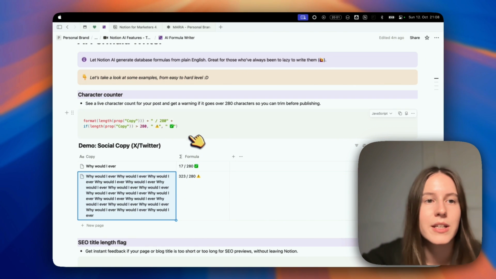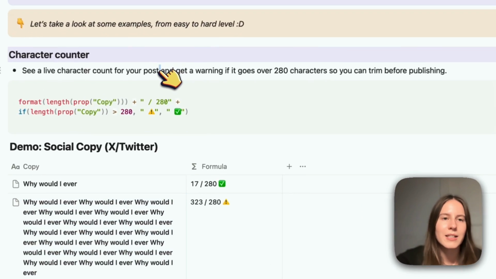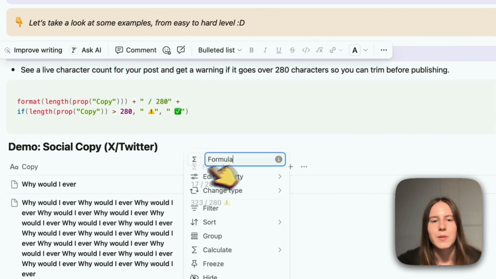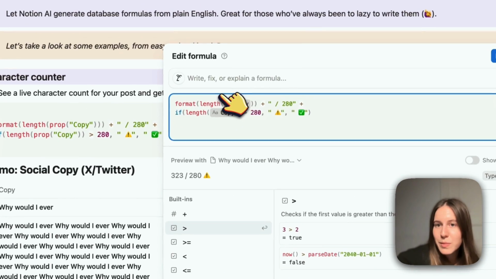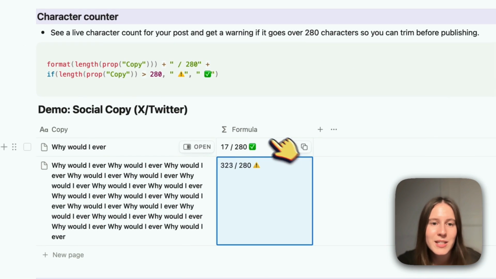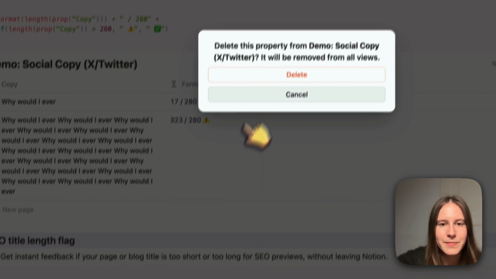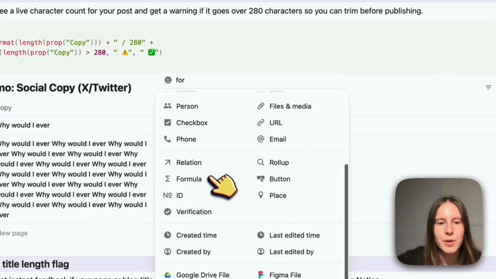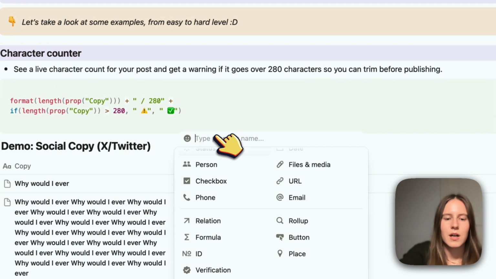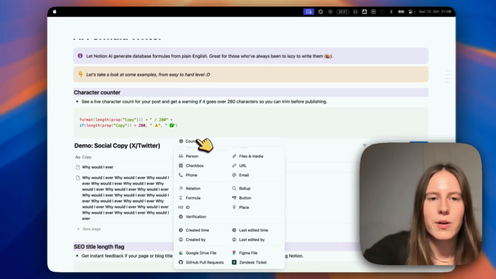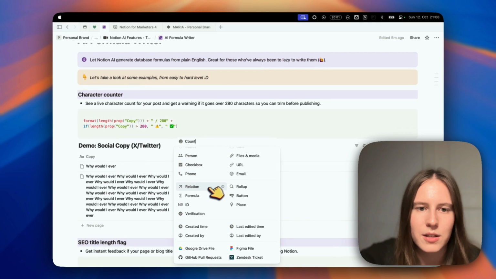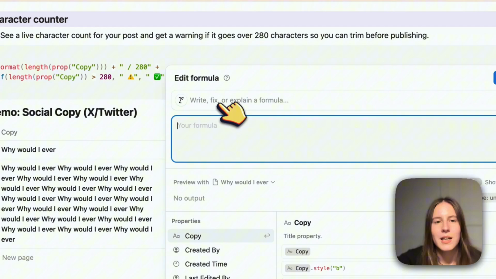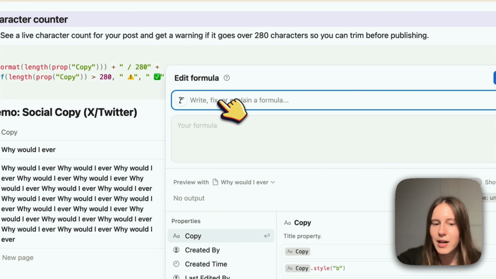And how it works is you would ask in plain English. So this is a formula that was written by Notion AI, but I want to show you how it does it. So let me delete this property and I will add a new formula property. Let's name it count, and then select formula. And now here I will ask Notion AI,